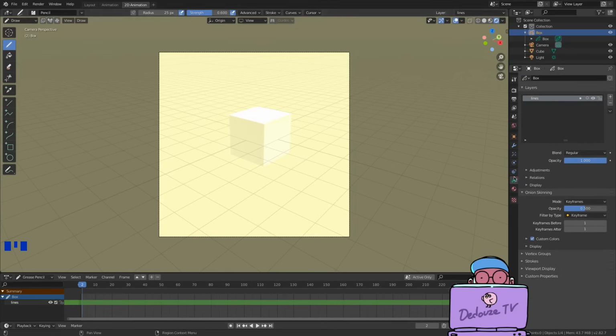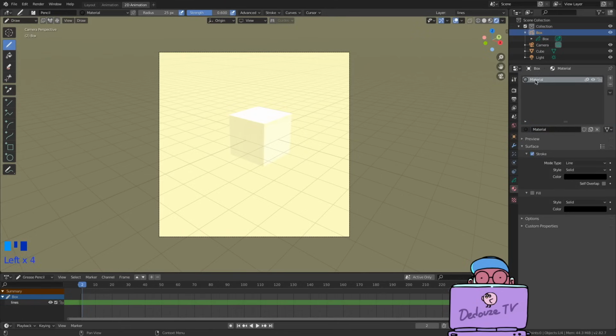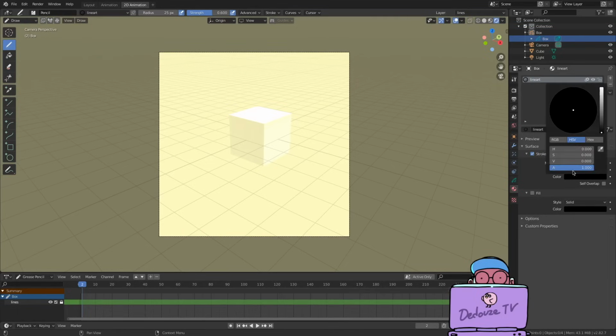Then to create your color palette, go to the material panel in this button here that looks like a sphere with a checker texture, and here just click on new to add a new color and double click to rename it. I usually name my first color line art because this will be the color of the main lines that I'm going to draw. Down here you can change the color of the stroke and fill, but I will show this to you later. Let's leave this to black.